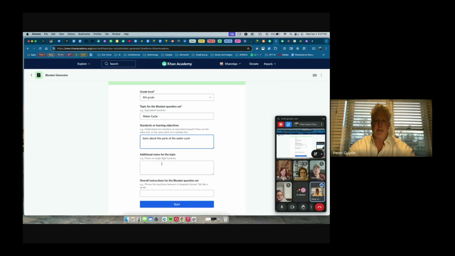I can focus on a specific part, like the example they gave focused on single digit fractions or equivalency. I'm not going to put any additional notes.